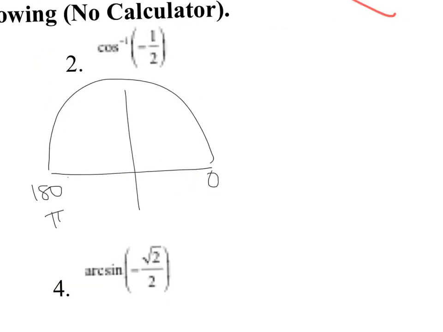So for the next one, it's saying the same thing. At what angle is cos going to be negative 1/2? So I always first think about first quadrant, where is cos 1/2 in quadrant 1, and then I reflect. Now, if you know that the ratio is negative, you know that we're going to be looking for an angle right in here in quadrant 2 between 90 and 180. So we know the value is going to be in here between 90 and 180, but first let's think about